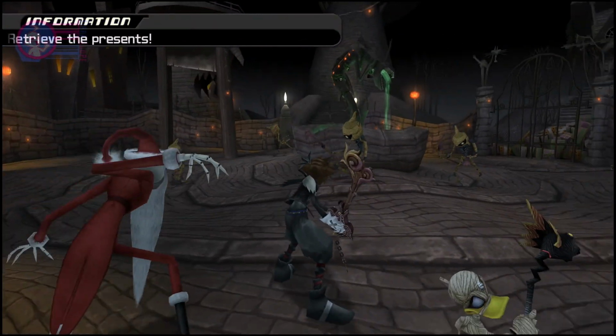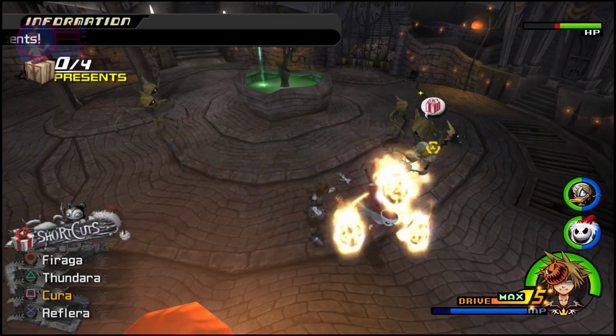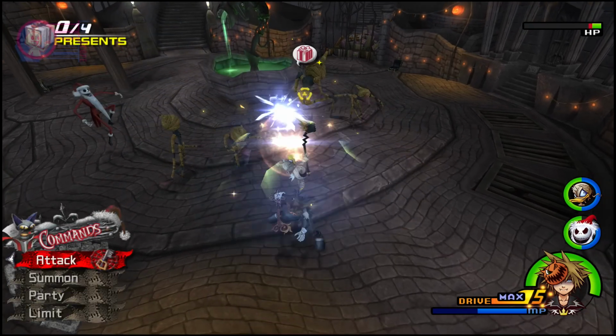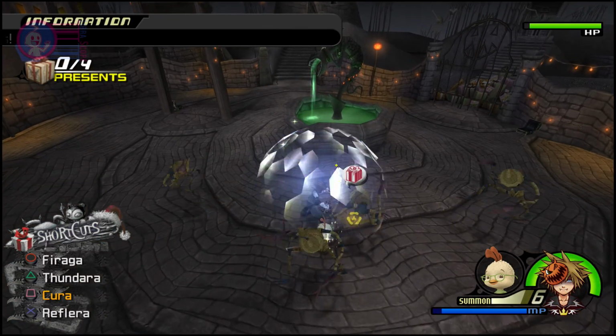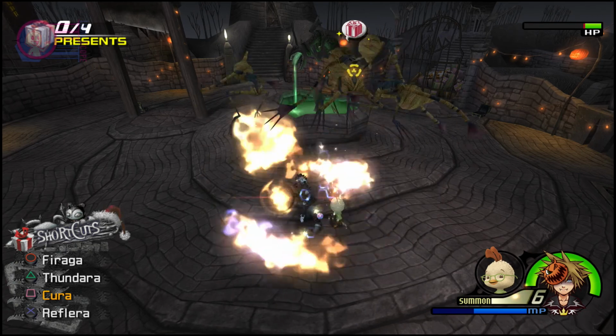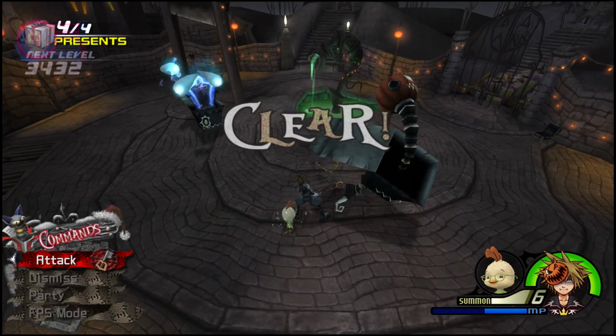Halloween Town is luckily easier upon revisit. Halfway through the world, we enter a fight that requires us to gather 4 presents from Heartless. This can become a massive undertaking if you take too long, but if you do it right by summoning Chicken Little to use Magnet and then spamming fire, it can be over in 10 seconds. I could have probably also used Magnet myself, but it wasn't in my quick select, so...